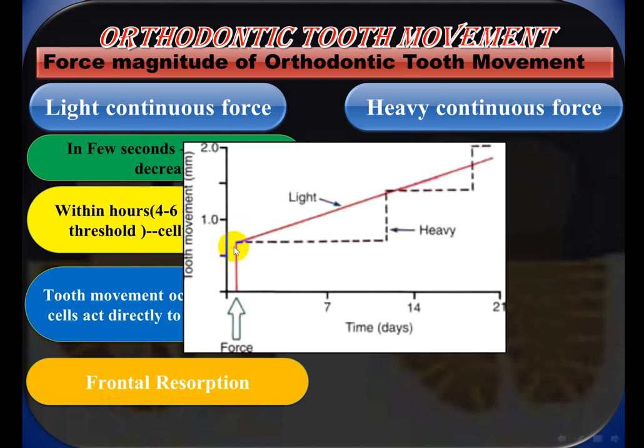Then, after the activation of the osteoclast cells within the PD ligament of the compressed side reaches this point, bone resorption starts on the outer surface of the lamina dura, the bone surface directly adjacent to the PD ligament of the compressed side, and it will result in a smooth tooth movement while the light force is continuously applied to the tooth,